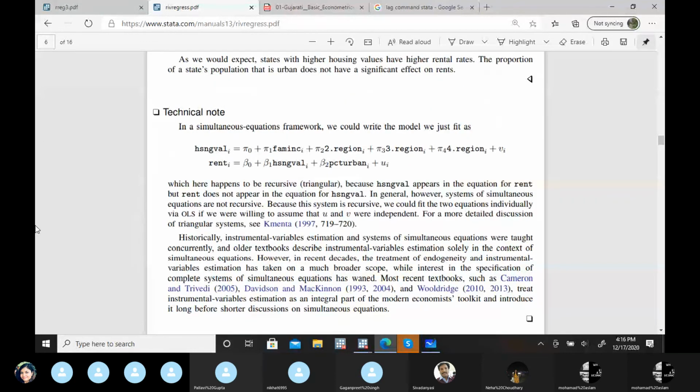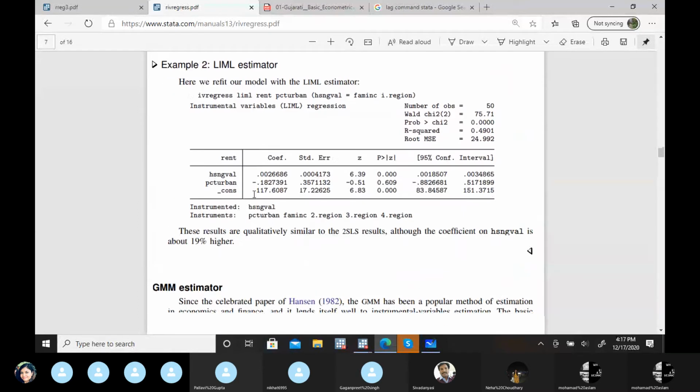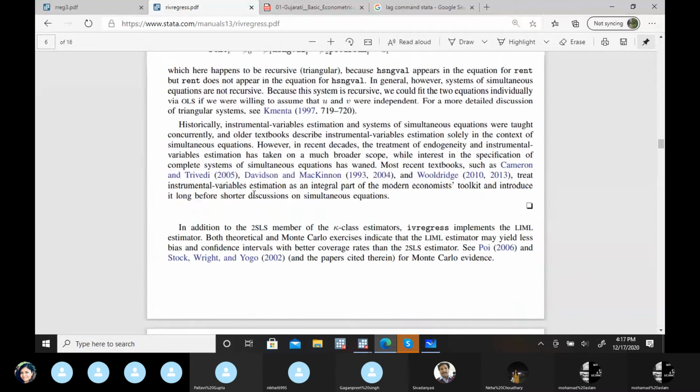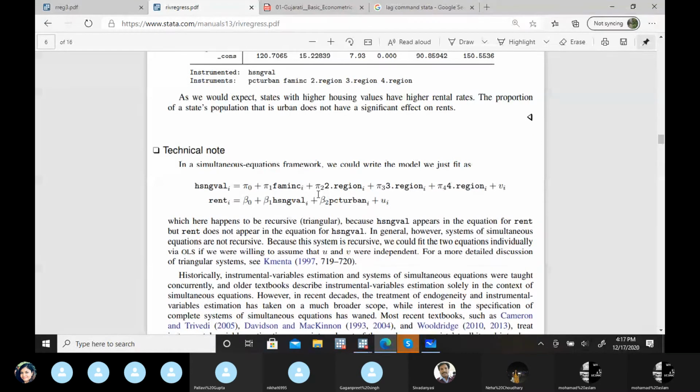Yeah, Neha, if this is the model, although it's recursive, you can simply apply OLS. But let's suppose we are applying that method, we will put this first equation. Let's suppose rent is here. So in instrumental variable, we will write rent equal to the other predetermined variable which is excluded in the first equation. That is 2SLS with the instrumental variable, and we will repeat this process to estimate the coefficients of rent. That's the thing we did yesterday.